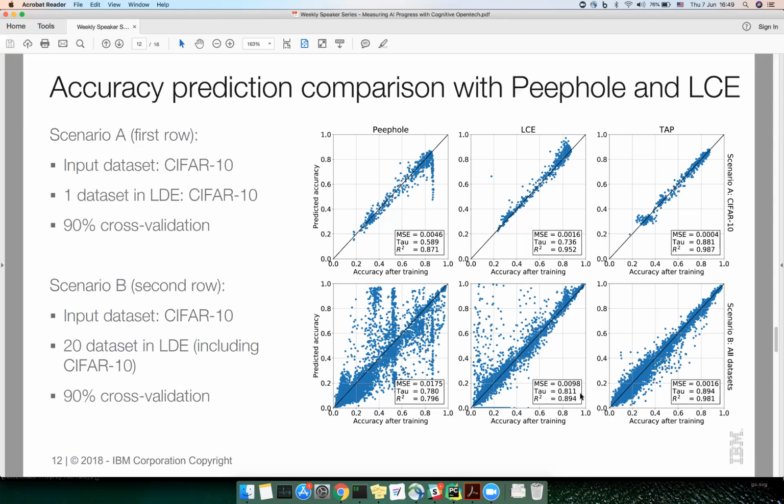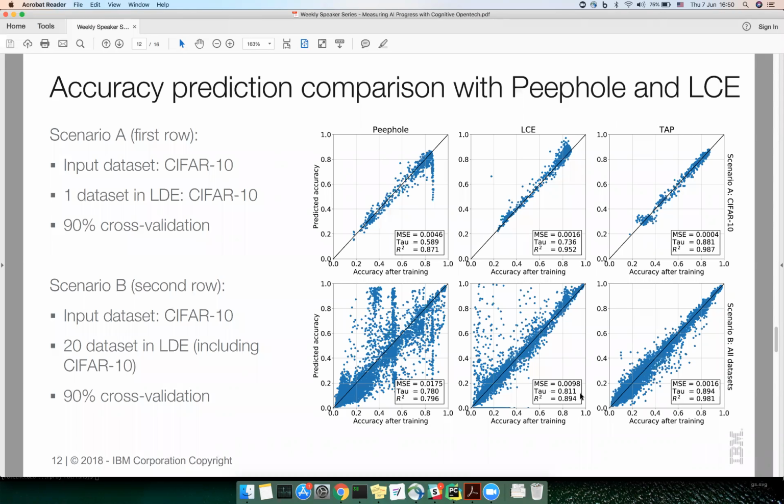Although these two cases show a very good prediction of our accuracy predictor, it doesn't show the ultimate target that we had in mind. The ultimate target is a real case when a user comes with a completely unseen dataset, and we want to make predictions for that dataset as fast as possible. In the Peephole case, with a completely unseen dataset, they would have to train the accuracy predictor, and to train their accuracy predictor means they would have to have ground truth for that. Having ground truth for that means they would have to generate 800 networks, that's what they do in the paper, train all the 800 networks, and then being able to train the predictor, and then they would be able to